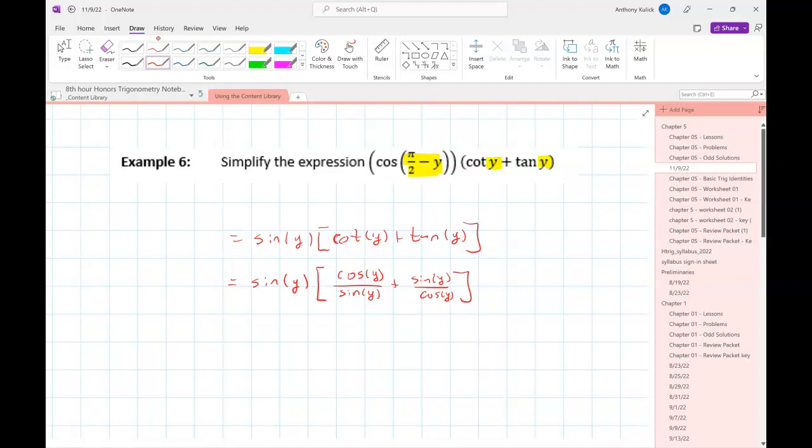Worth stating that there'd be nothing wrong with writing cotangent as 1 over tangent. That would have been okay also. Because the next step would be the same regardless of what you did, whether you want to write cotangent as cosine over sine and tangent as sine over cosine, or want to just write as 1 over tangent plus tangent, or cotangent plus 1 over cotangent. Any of those is fine. Because I would say the next step should be